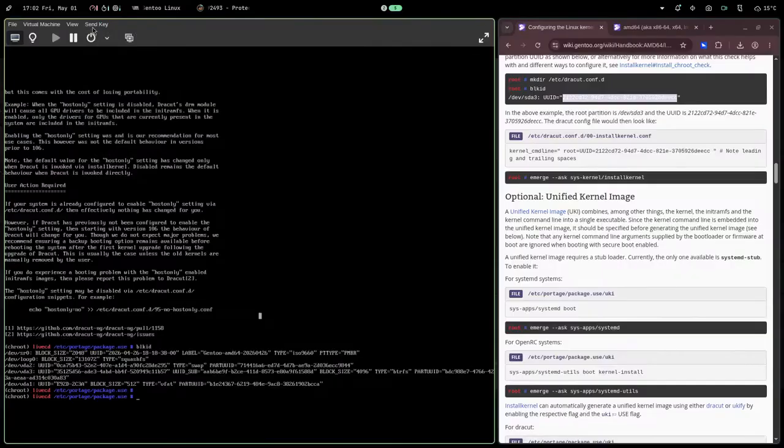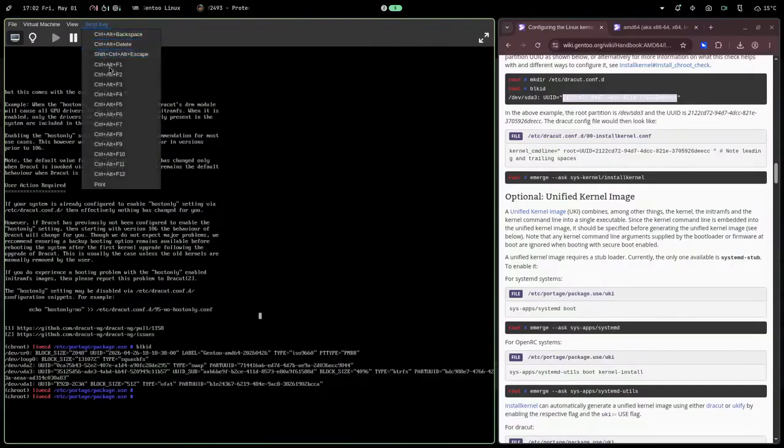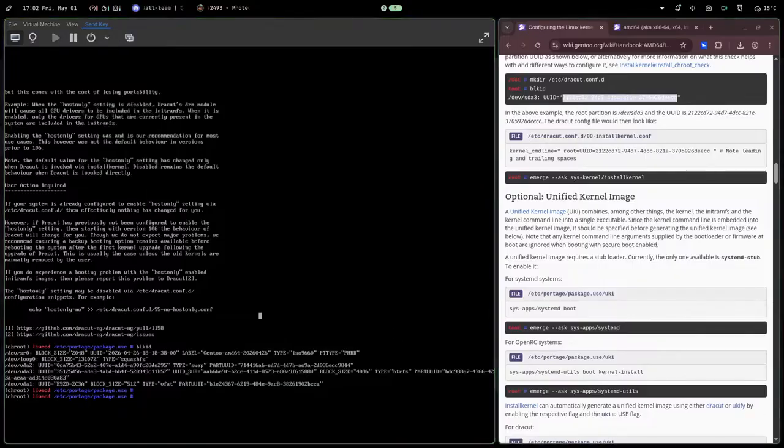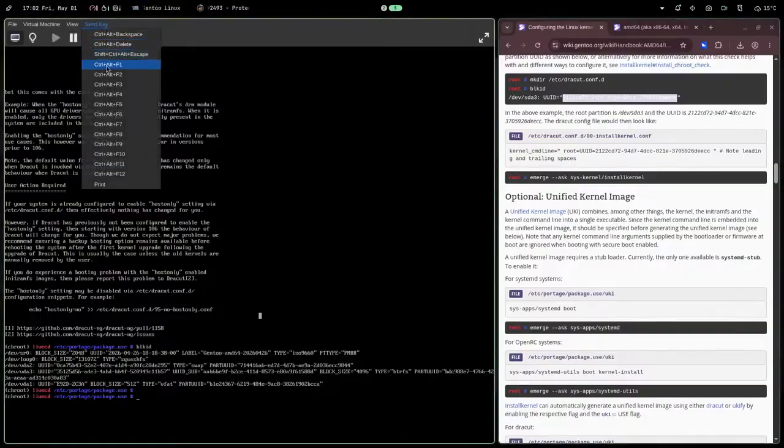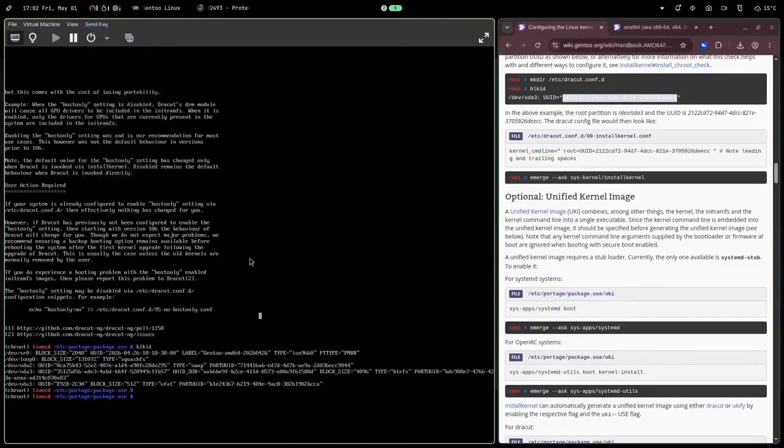All right, boom. I hit Control Alt F1 on my main machine, and it just killed my entire user interface and disconnected my mic. So basically, that did not work. When you're in a virtual machine, you don't want to do that. You want to send those keys and not hit them on your current system, because that's how it works. Anywho,